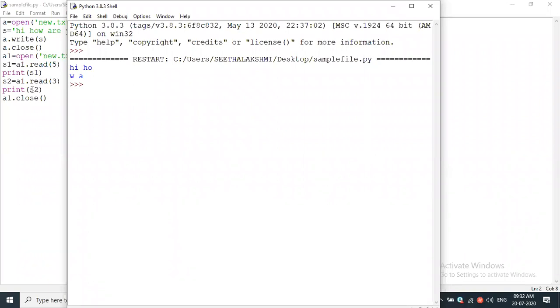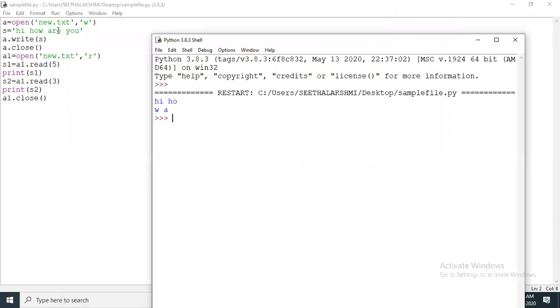What data is stored in s2? W space A, those 3 characters are read. After that, again we are asking to read, so it will read not from the starting but after A. What is after A? RE space YOU. This content will get printed. I hope you understand this file pointer concept.